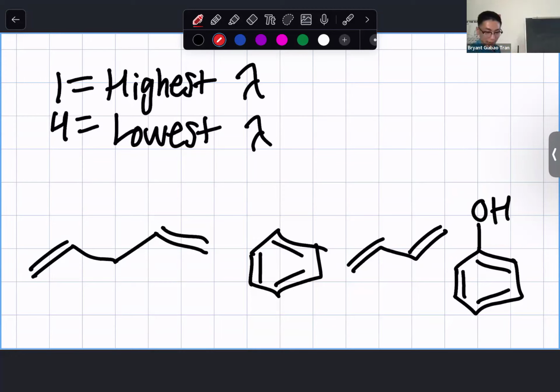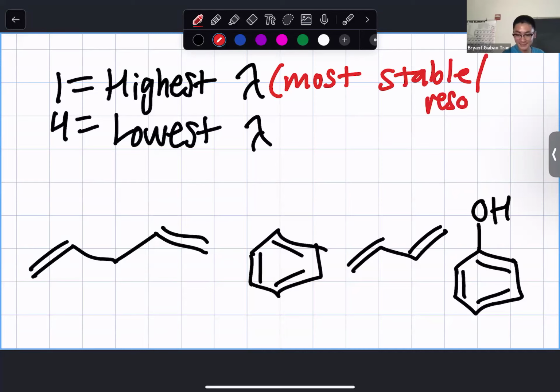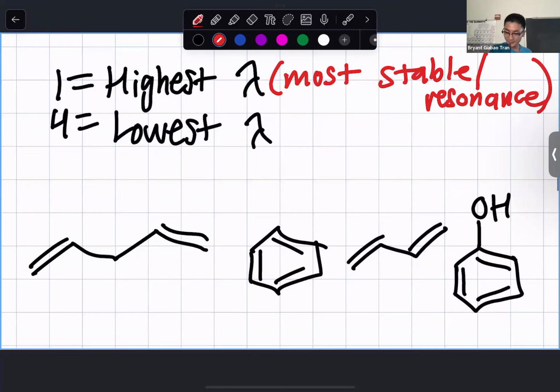So for these ranking problems, I like to look at the extremes first. So I like to look at the number one and number four, and everything else is in between. So which one of these will have the highest wavelength? Another way to think about it is which one of these is the most stable, or has the most resonance available, right? Because more resonance means more stability. So that one is going to be this far right one, because